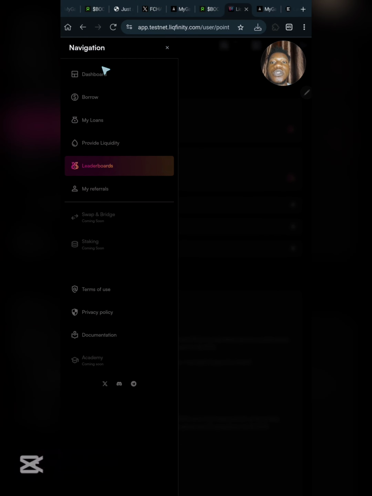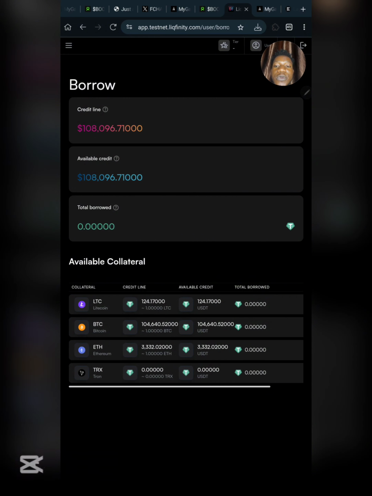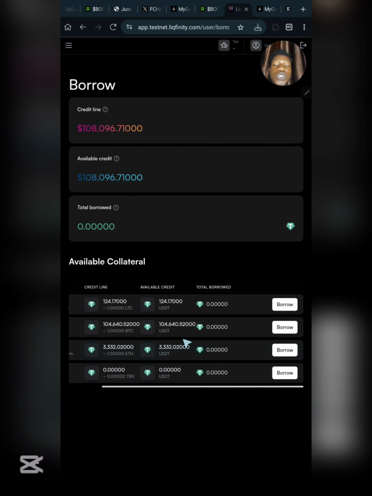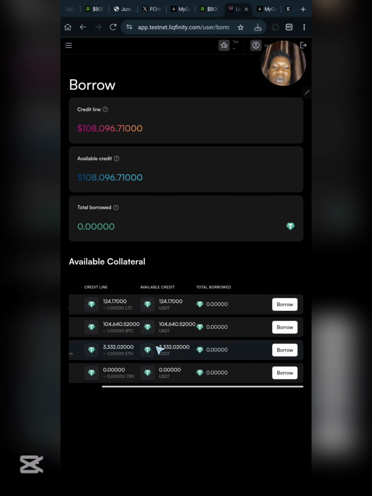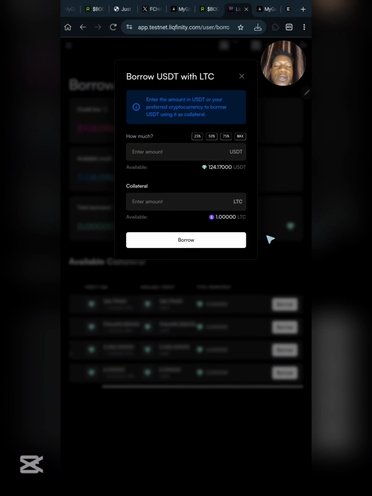Let's talk about how you can get the points. So when you click on these three dots again, you click on borrow like this, and over here, guys, on borrow, this is where you need to borrow some tokens, which is just the process of participating on the testnet, obviously. So over here, guys, these are your collaterals. What you need to do from here is simply scroll down to this collateral, come over here, and click on borrow. Okay, so then guys, you have clicked on borrow, you can go ahead and borrow everything right here. Let's just start with 75%.